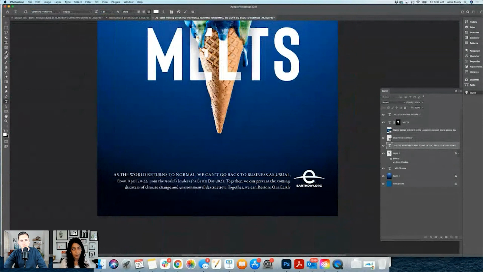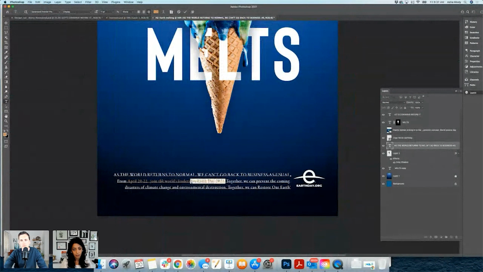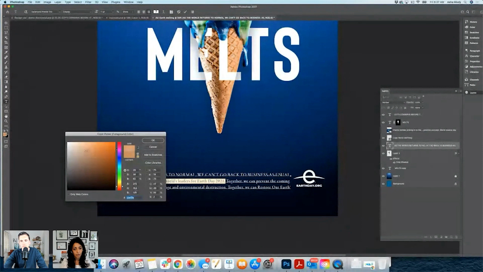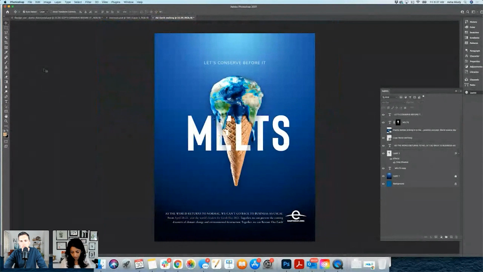So I'm just taking my eyedropper tool, and just to have more relevance and relationship, I always pick color from my image here, and I pick the color. I'm going to select it and press Alt Backspace and see if that works. And I can do a little bolder or a little lighter color. I think this is not, yeah, maybe so it will be more readable. And I'm zooming out and see.